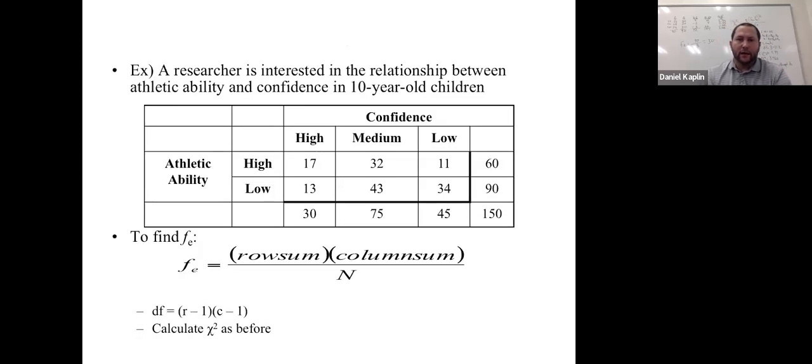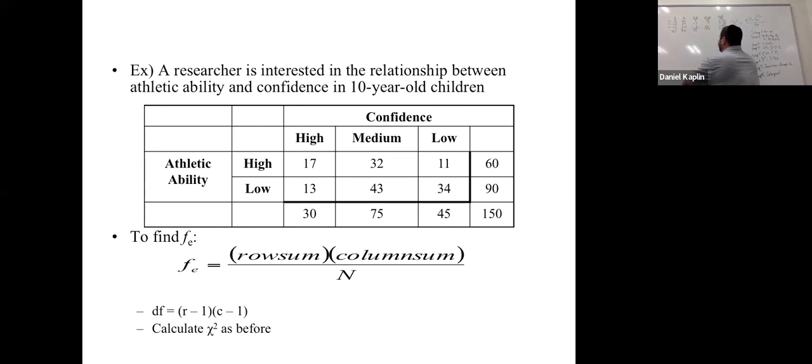So here is an example. Again, this would be if a researcher was doing a 2x3 design, confidence of high, medium, low, and athletic ability of high and low. This one I have to do slightly different to get my FE. Remember in the original one we did, FE is the number of observations divided by the number of categories. The rule for a 2 variable problem